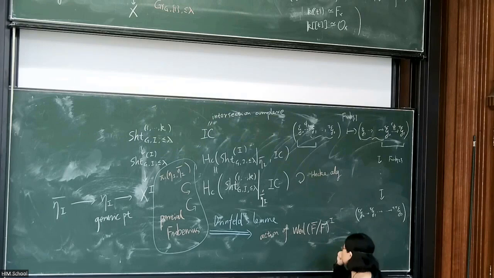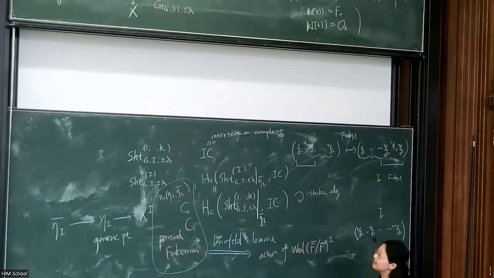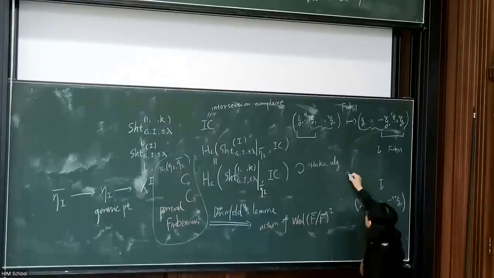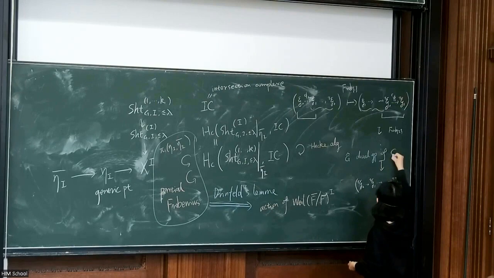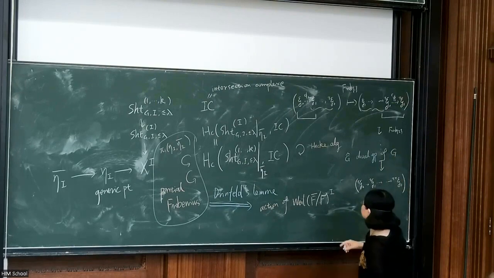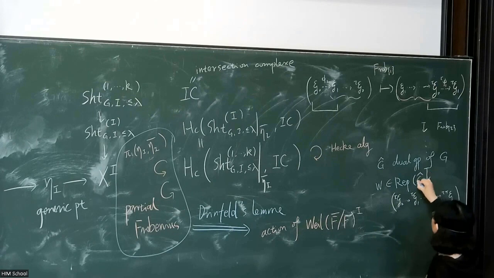And yes, in fact, we need to use the geometric Satake equivalence to make this definition more precise, and use the representation of the dual group of G. For any representation of I copies of the dual group,